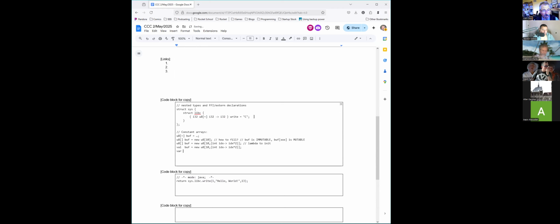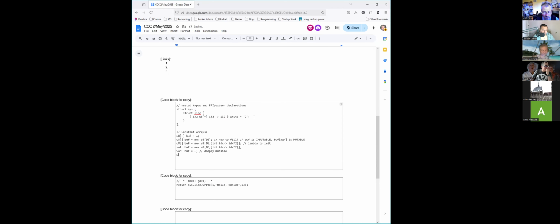If I say var, it's deeply mutable. If I say U8 of bracket of bang buff equals, that makes buff mutable, and by default, arrays are mutable. New U8, blah, blah, blah. This is also deeply mutable.